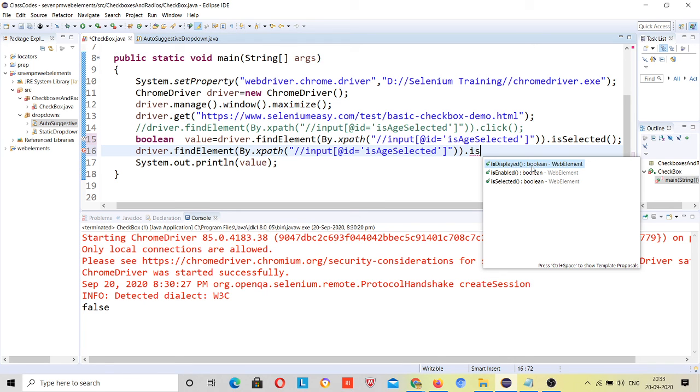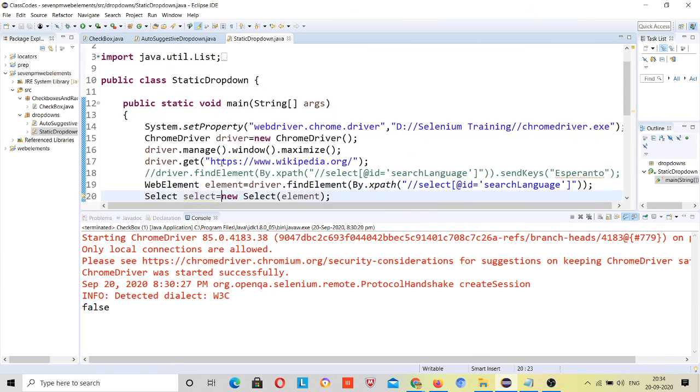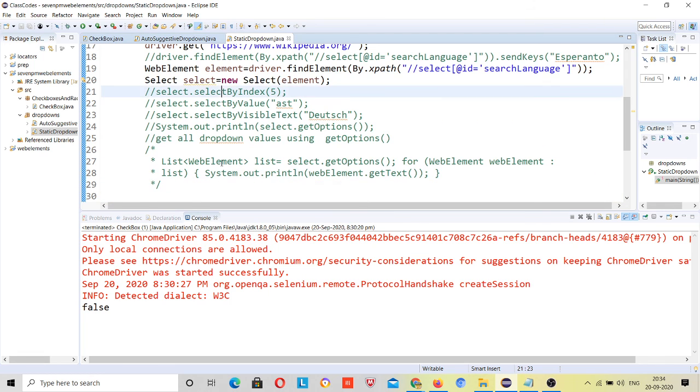We can take a JavaScript element, because JavaScript takes a lot of time to load while HTML loads faster than other elements. If that is visible, then you can be sure that others are also visible. isEnabled is useful because sometimes some web elements are hidden. You can try these. I will also cover this in upcoming sessions, I just wanted to introduce it to you.